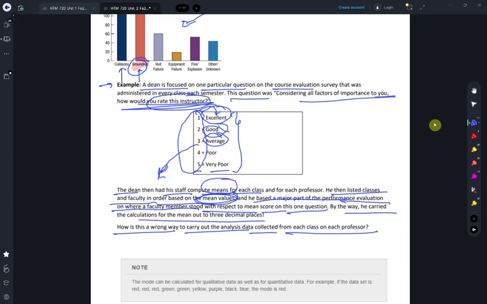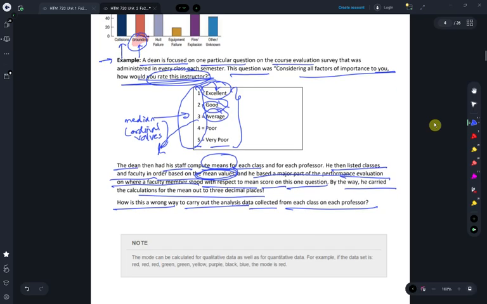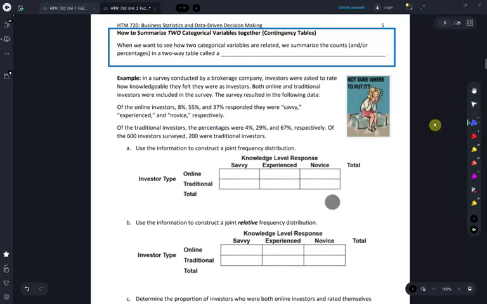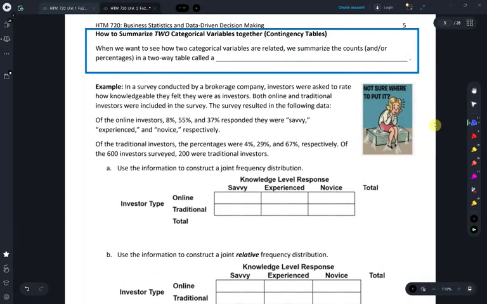That leaves the question, what should we do otherwise? We should compute the median for ordinal values of a categorical variable. That would have been a correct way to summarize this. Well, talking about median, we're going to talk more about that in a little bit. Stay tuned. Then that leaves us with a perfect segue into discussing how to summarize two categorical variables